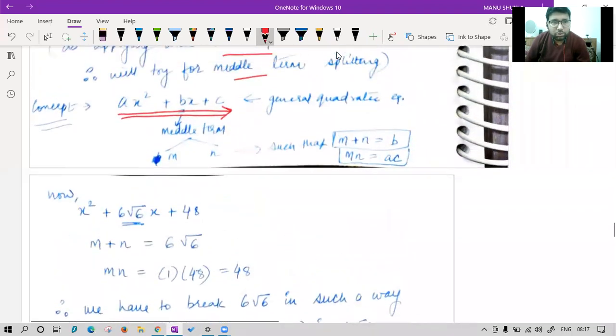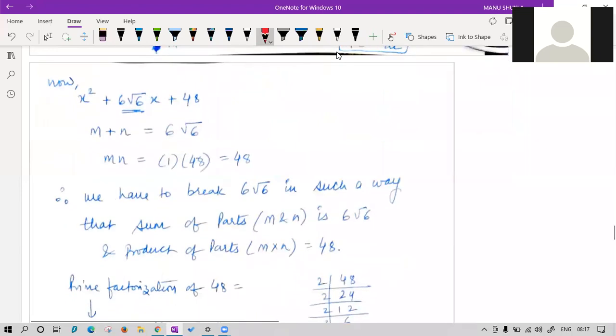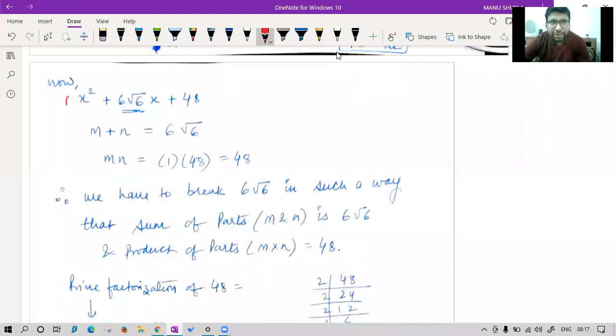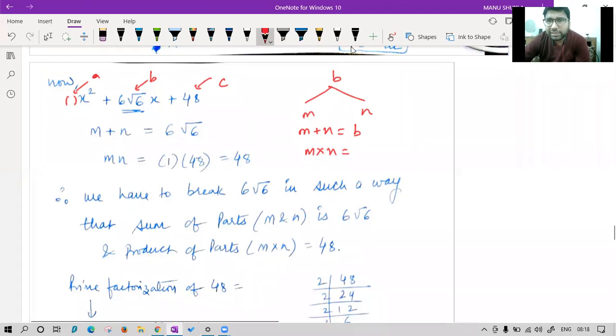Now, this question I was talking about, the middle term splitting question. So, we all know we have to see the coefficient of maximum power and the term C. This is your A, this is your C, and this is your B. We have to break the B in two terms, M and N, such that M plus N should be equal to B only, and M into N should be equal to what, class? Please tell. M plus N equal to B, and M into N is not equal to C, Anuranjan. Not only C, beta. Try to understand. It should be equal to, tell me the formula. It should be equal to AC, because we have to take this also.